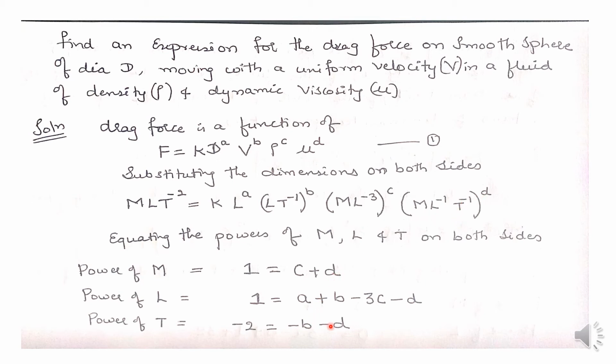See here, in total we have 4 unknowns, that is a, b, c and d, but we have only 3 equations here. Total unknowns are 4, but only 3 equations. Hence it is not possible to find the values of a, b, c and d. Therefore, any three of them can be expressed in terms of the fourth variable, which is most important here.